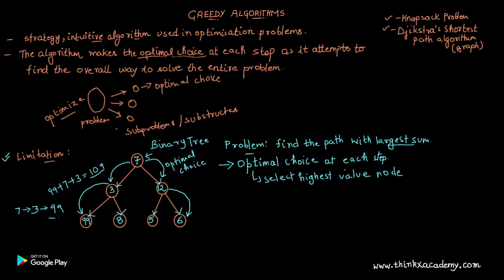So why has this problem occurred? Even if we are solving the sub problems with optimal choices, they should contribute to make the problem optimized. But that's not the case, and the reason is that the greedy algorithm